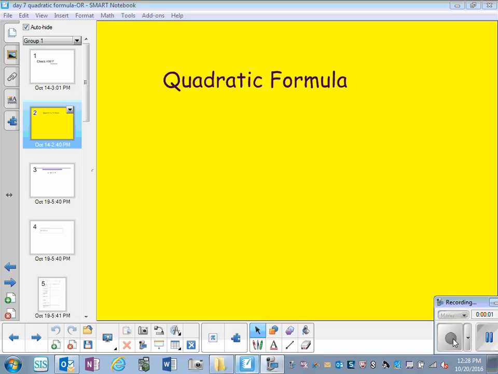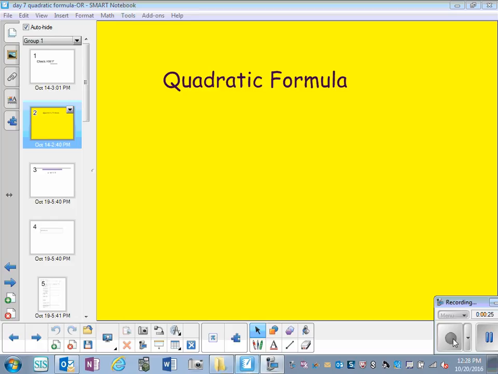Today we are going to talk about the quadratic formula. What methods do we remember? How can we solve quadratic equations so far? Factoring. What else? We just did it last time. What did we do? Completing the square, and then one more. Square roots. Very good. So today we are going to learn the final method, the quadratic formula, and the good thing